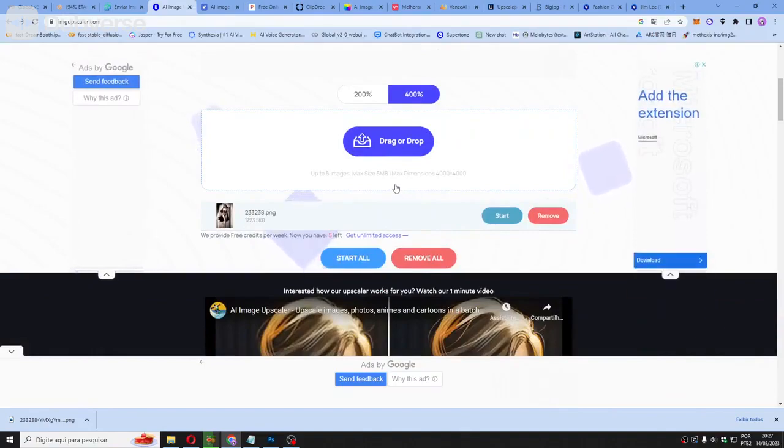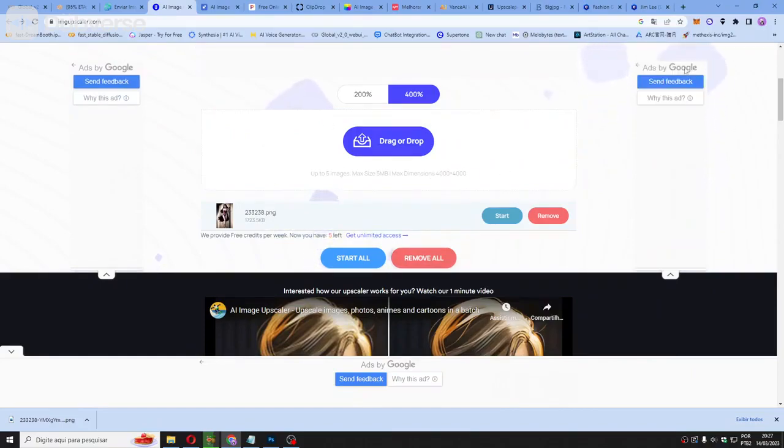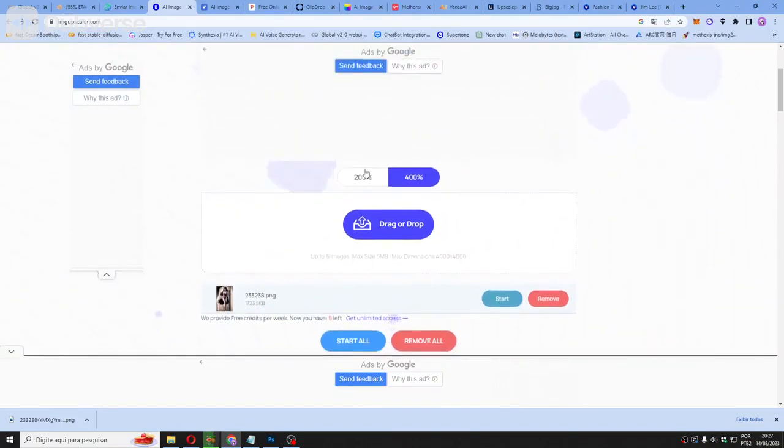One thing I'll make clear, there are sites that are bad. They are good, but they put the watermark. So these sites that put the watermark are bad because you have to pay to remove the watermark. If you want to remove the watermark here, you will have to pay. So I'm bringing this site because it also does what we want, but it has these features here that we